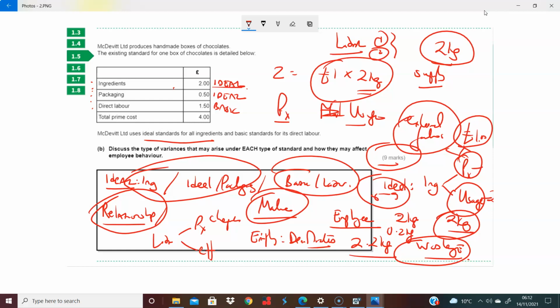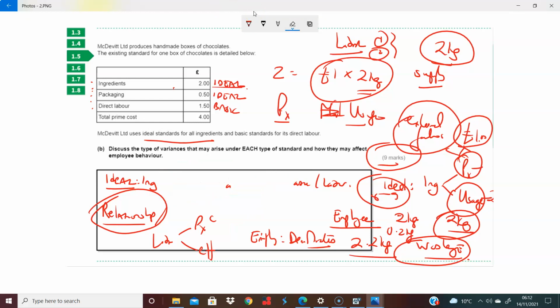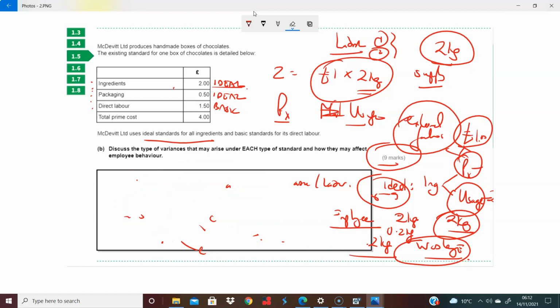The very clear relationships between material and labor. Now, the other flip side to this, of course, yes, let me just clean this out to highlight this thing about relationships, which is important. The relationships are here, and I think it's important to highlight all of them for all the marks. Now, the first relationship is internal. Say, for example, we're talking about material. It doesn't really matter, we're talking about material or labor.